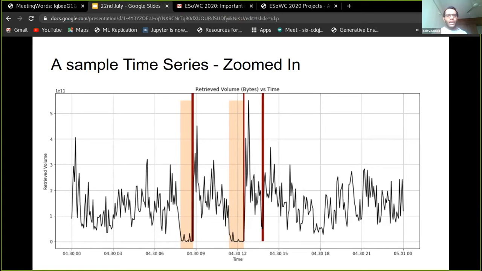So the story that you can pick from here is that we suddenly see a decline in the volume of data being retrieved from the Mars servers. And this continues on for about an hour for the first case, after which the systems are restarted. So we see the red line over there, which corresponds to a server shutdown. That most likely means that the systems were restarted to correct the downtimes.